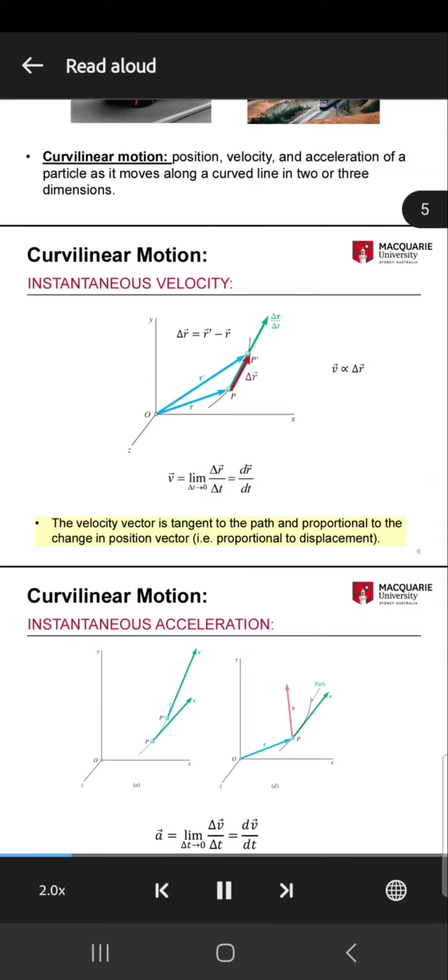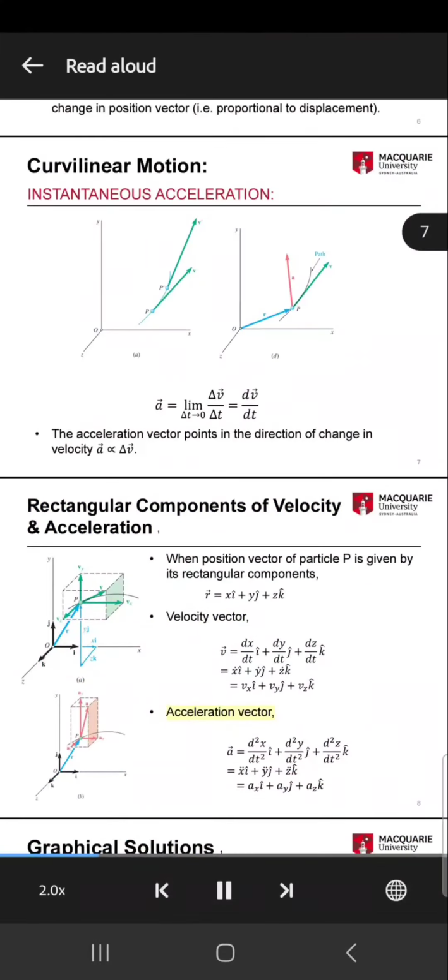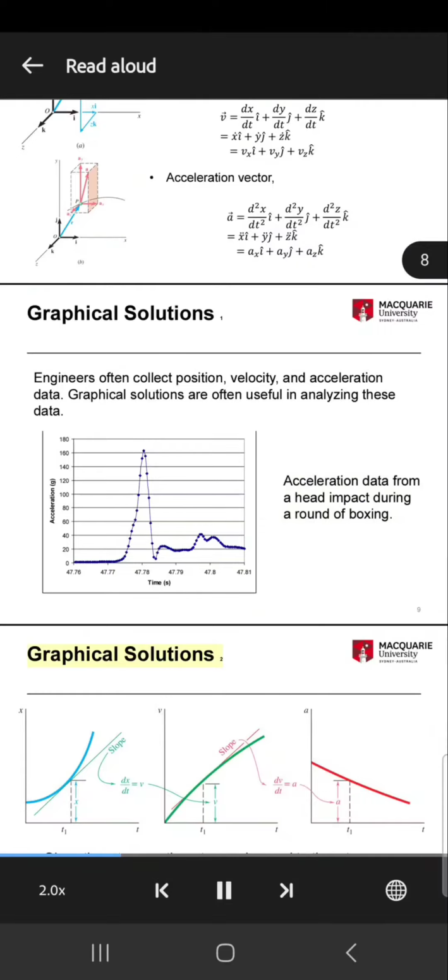Curvilinear motion. The velocity vector is tangent to the path and proportional to the change in the position vector, that is, proportional to displacement, v equals delta r. Curvilinear motion. Rectangular components of velocity and acceleration. Velocity vector. Acceleration vector. Graphical solutions 1. Graphical solutions 2. Given the v-t curve,